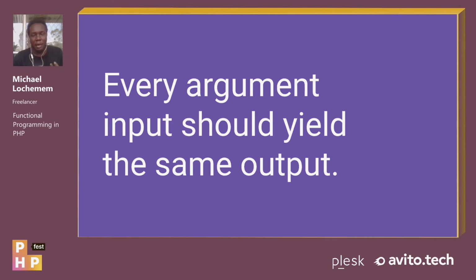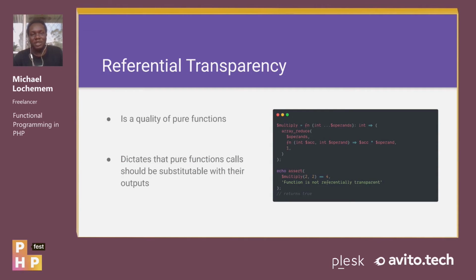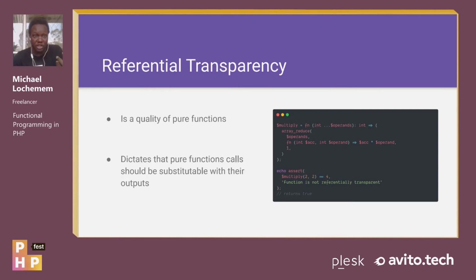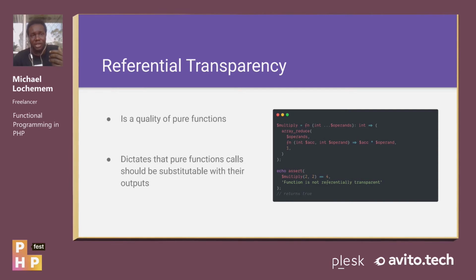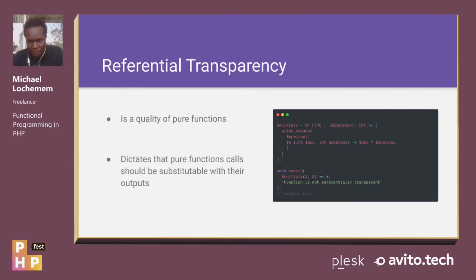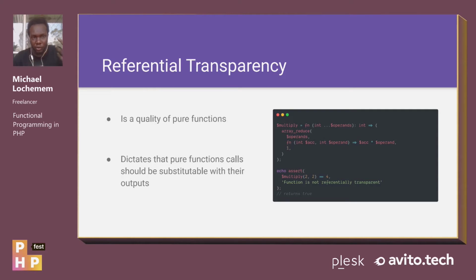Every argument input should yield the same output. So this is really a maxim at this point. Referential transparency, this is another thing that's very important, is a quality of pure functions, which dictates that pure function calls should be substitutable with their outputs. So what this essentially means is, when I declare a function to multiply any number of integers, and I supply two parameters, 2 and 2,